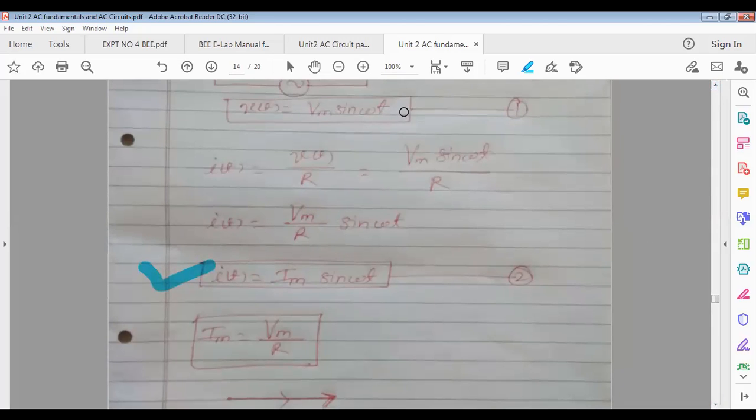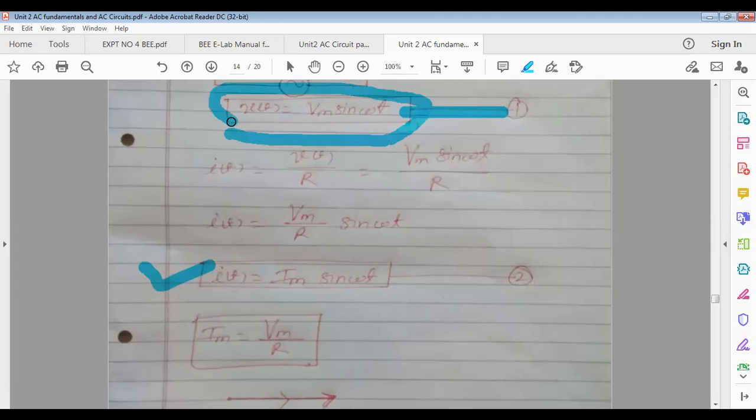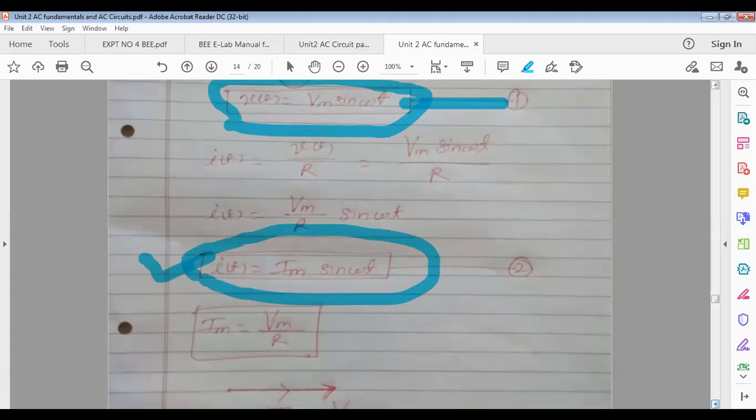Now compare with the first one. Whenever at your home you switch on an incandescent lamp or toaster or heater or iron, any purely resistive type of load, what happens? The voltage applied is Vm sin(ωt). So the current flowing, its mathematical expression will be i(t) = Im sin(ωt). If you compare these two waveforms, is there any phase difference between voltage and current? No. No phase difference is there.